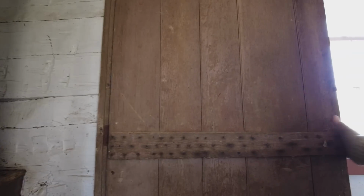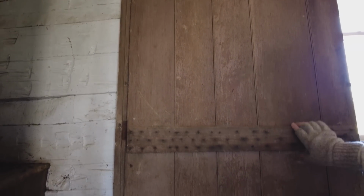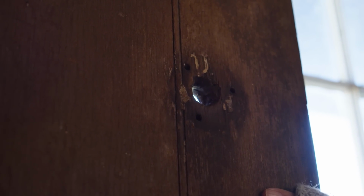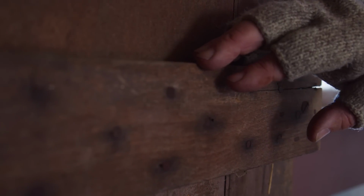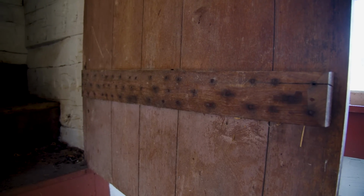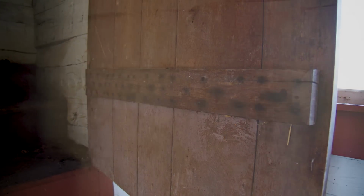But if you look closely, the door is maybe made of something like walnut. It's hard to say exactly. And each one of these is like tongue and groove. And you can see how the board has a little mark here, really nice. And this board that comes across and holds it all together, tapered. This is tapered across this way and all nailed close to keep that door from warping. This is the original door. We go upstairs